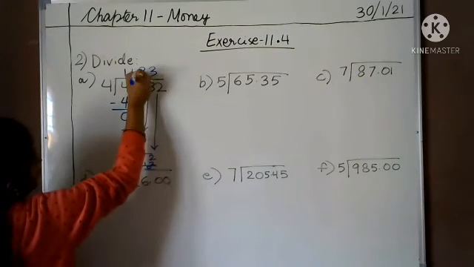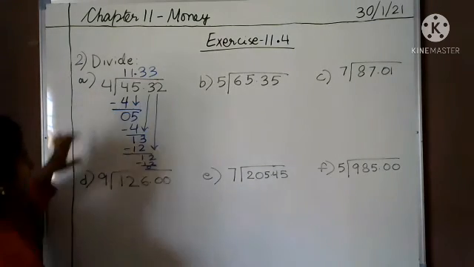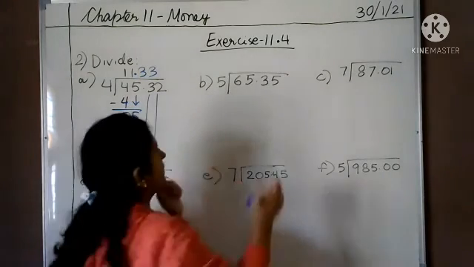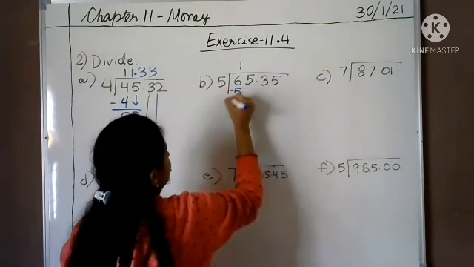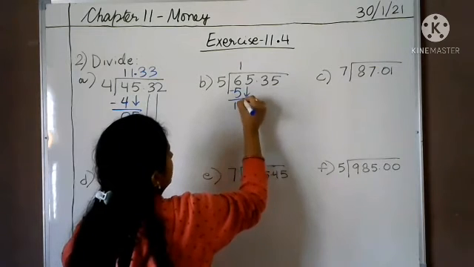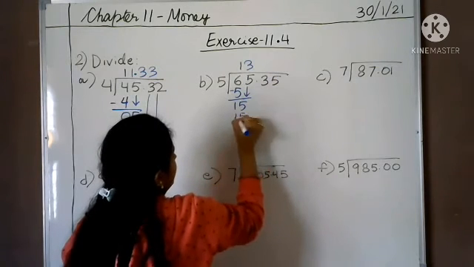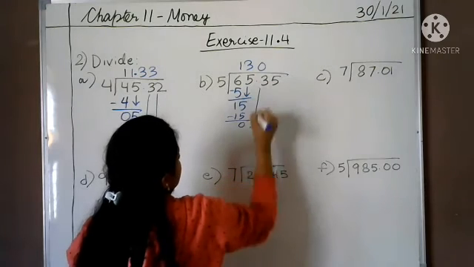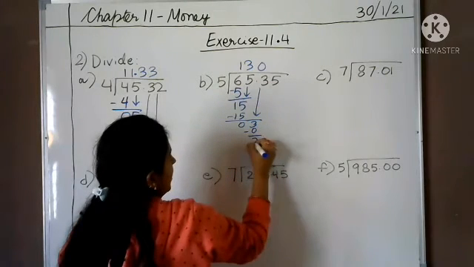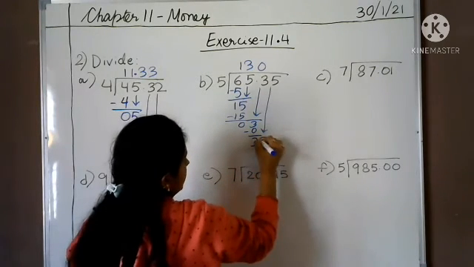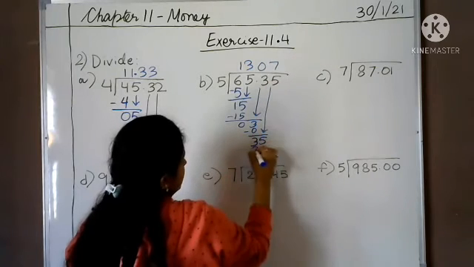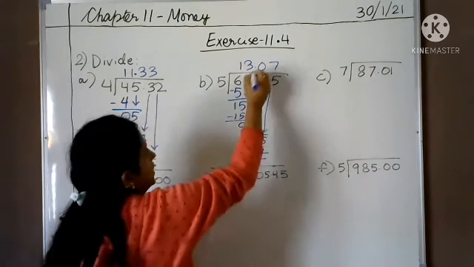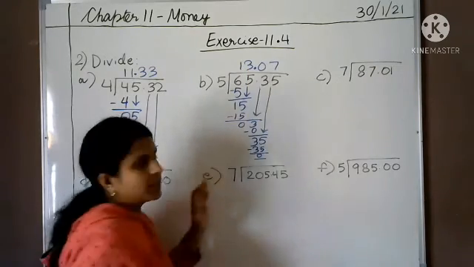So what we can write? ये जो दो डिजिट्स है उसके पहले डेसिमल लगेगा ताकि 11 rupees 33 paise हमारा आंसर आ जाएगा. Now B1, 5 ones are 5, 5 will come down, 5 threes are 15, 0, this 3 will come, 5 zeros are 0 क्योंकि 5 ones are 5 इससे बड़ा हो जाएगा, 5 will come down, so 5 sevens are 35. So point. So 13 rupees 7 paise will be the answer.